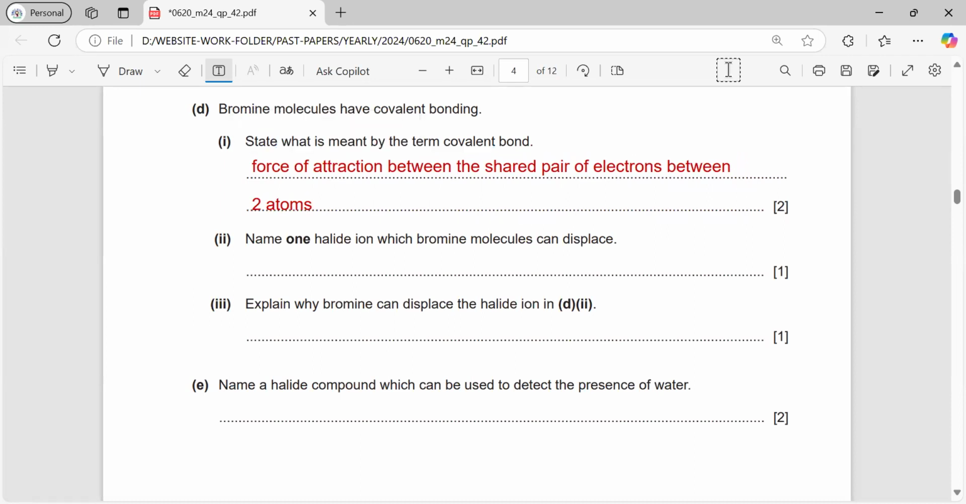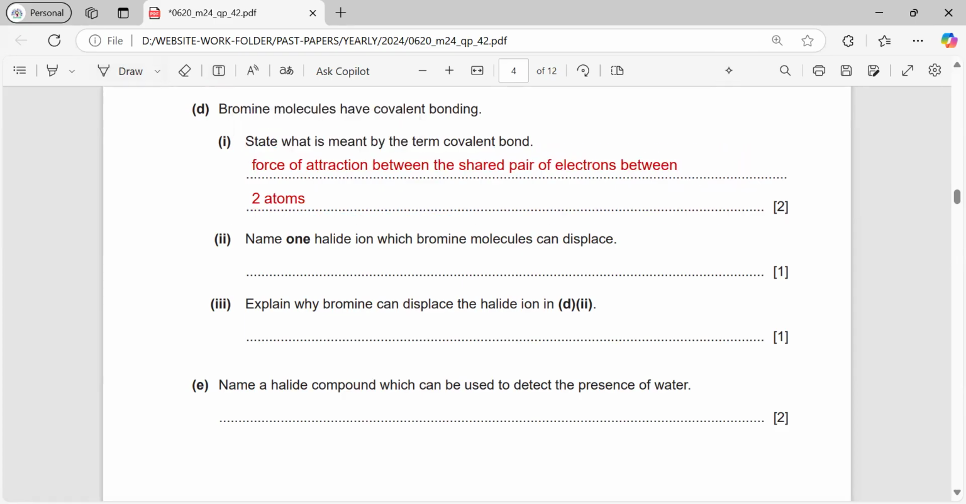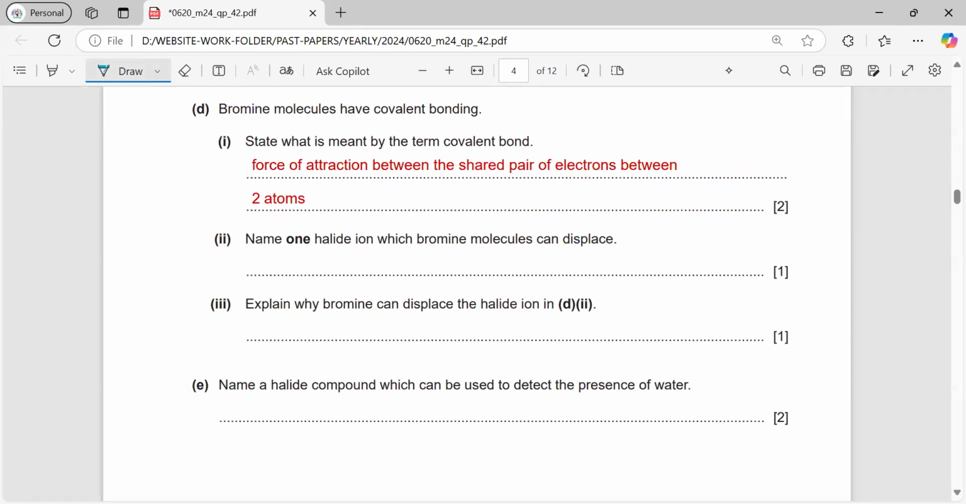So that's the covalent bond between the shared pair of electrons. You have to write this thing. This is very important. To get the marks, you have to write that it is formed between the shared pair of electrons and between two atoms,